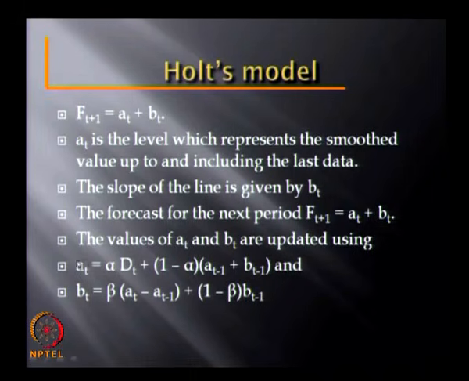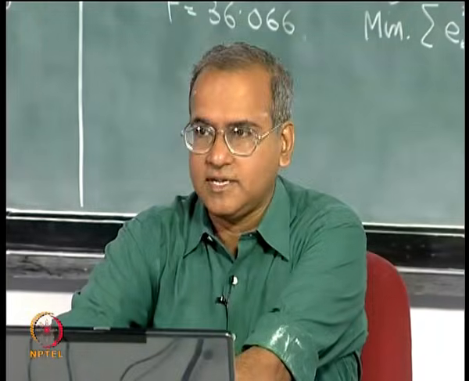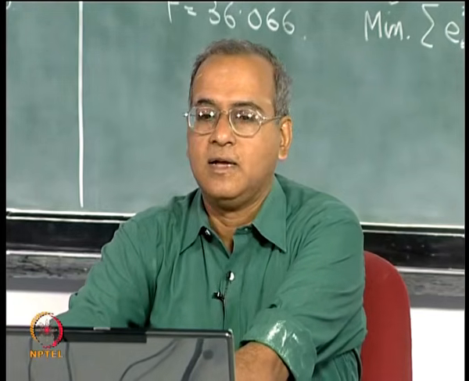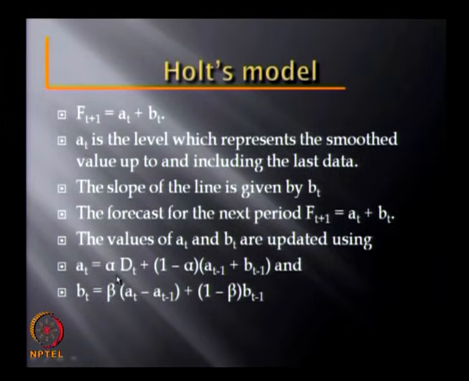So, a t, which is the level value up to and including the last point, is given by alpha d t plus 1 minus alpha into a t minus 1 plus b t minus 1. Actually, this is our very familiar exponential smoothing equation. The normal exponential smoothing equation has two parts. One is the demand part and the other is the forecast part. Alpha d t plus 1 minus alpha f t. Now, alpha d t is the same, alpha is the weight, d t is the demand during the last period. 1 minus alpha,